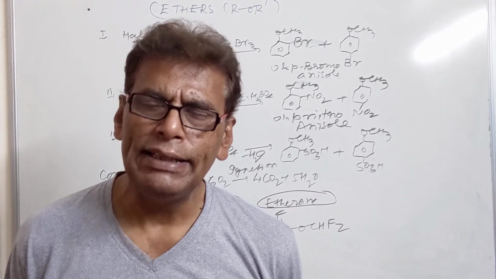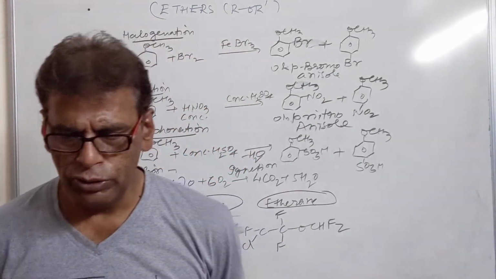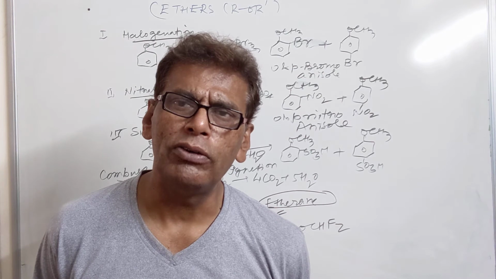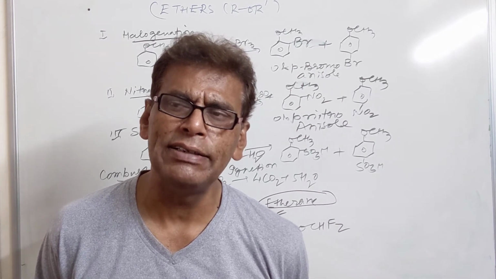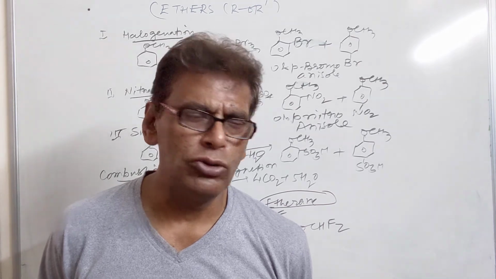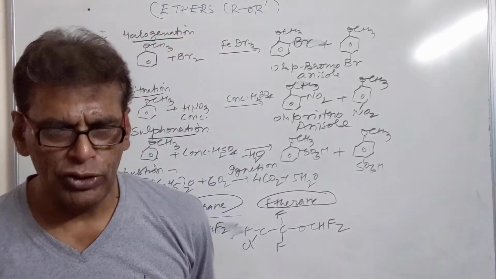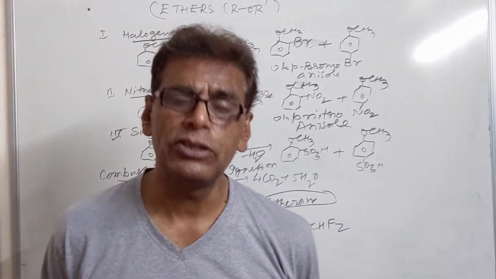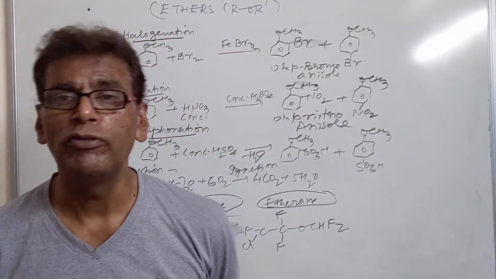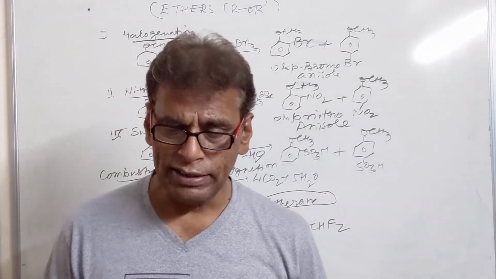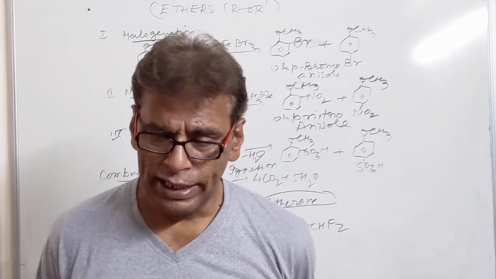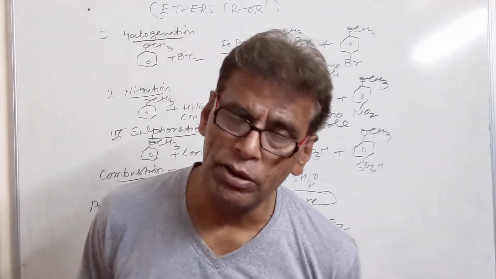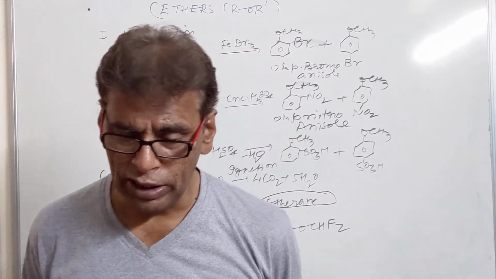Now what happens when ether is distilled without removal of peroxide? Since ether contains two lone pairs of electrons on the oxygen, the oxygen has the tendency to react with oxygen from the atmosphere, and it forms ethyl peroxide during its storage. If peroxide is not removed before the distillation, it can result in a serious accident in the lab. It can result in an explosion in the lab. Therefore peroxides are to be removed first before the distillation of ethers.